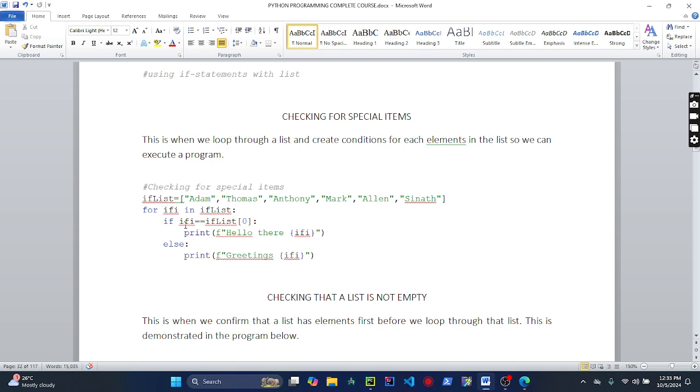Now you can see that this condition is still checking if the element for that iteration is the same as the element at the zero index. But for the second iteration, IFI is Thomas, and Thomas is at the 1 index, not the 0 index. So this condition is false automatically. So for the second iteration, the condition would be false. And we were told that if we have an if conditional statement, and that if conditional statement is false,